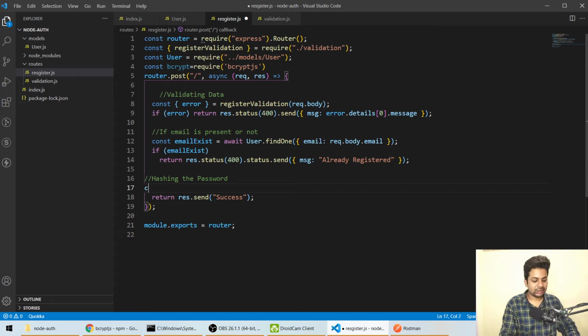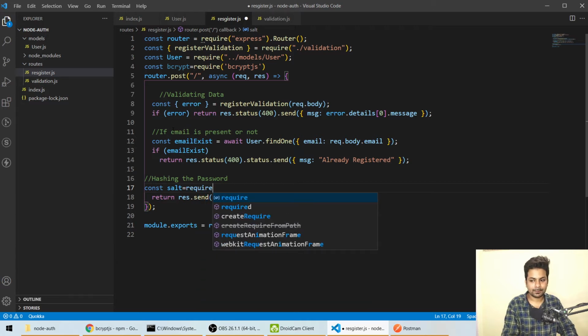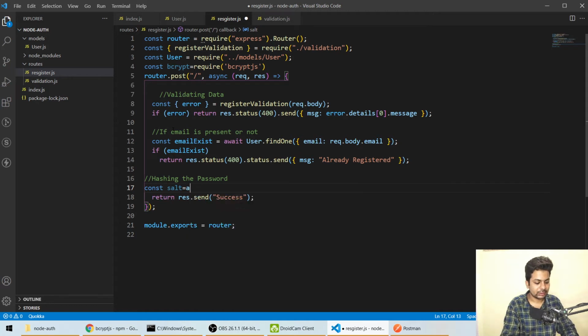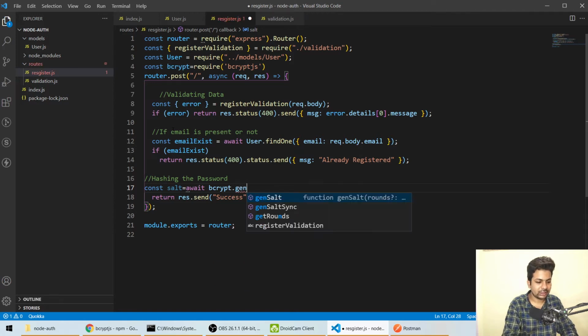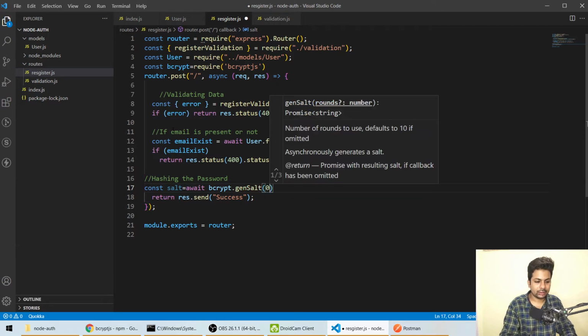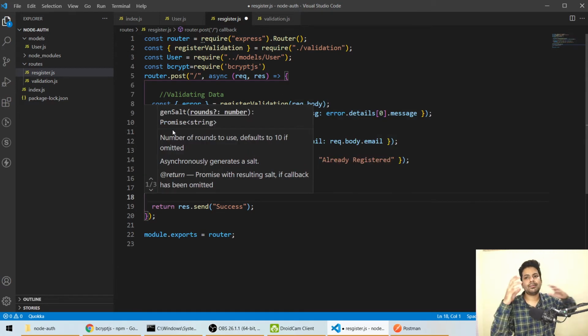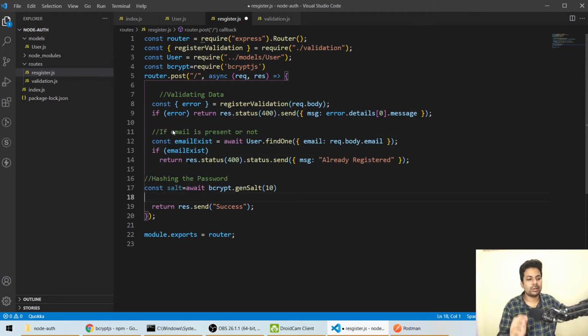So for that we'll say const salt equals, not require, it should be await bcrypt.genSalt, and it will show 10. What it does basically is generate a random string and use that to hash the password.